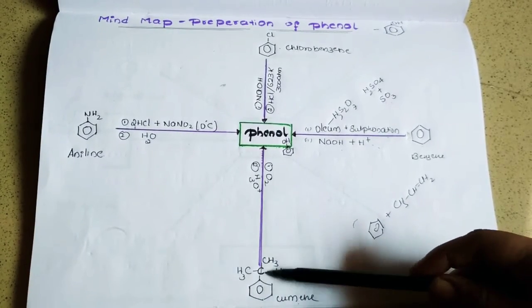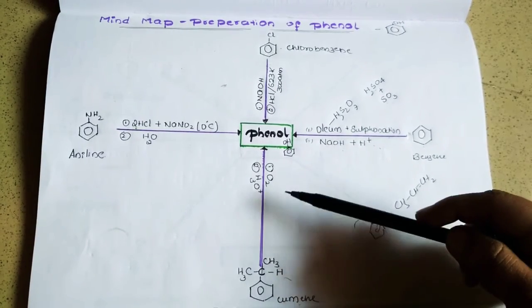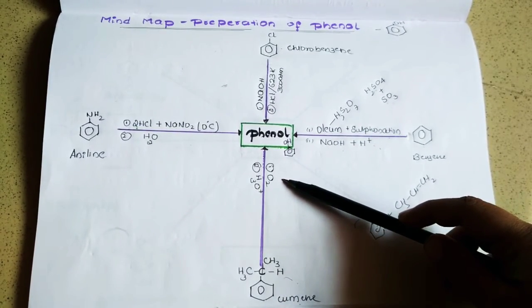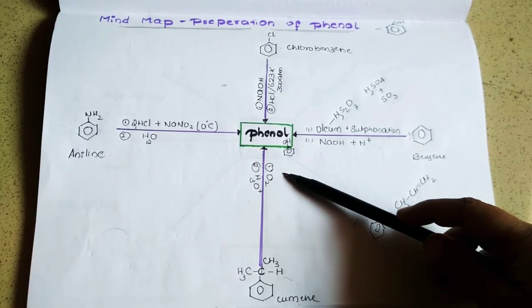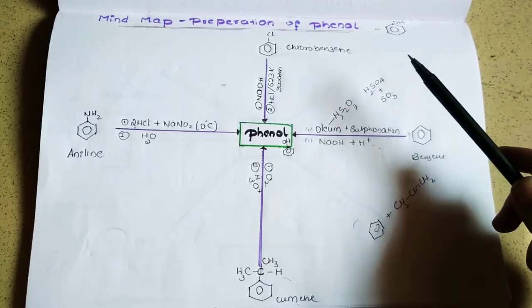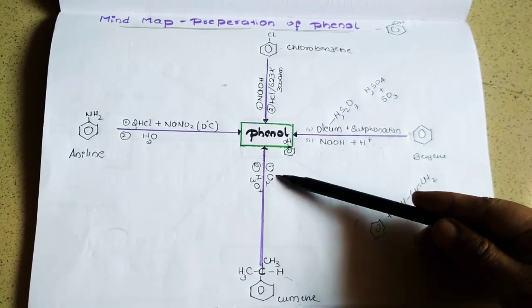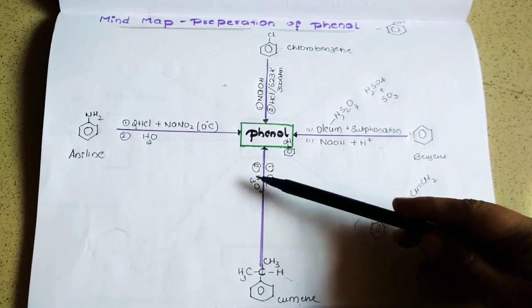When this prepared cumene is led to oxidation, treated with atmospheric air or atmospheric oxygen, that is aerial oxidation, it results in the formation of cumene hydroperoxide, which on further acid hydrolysis